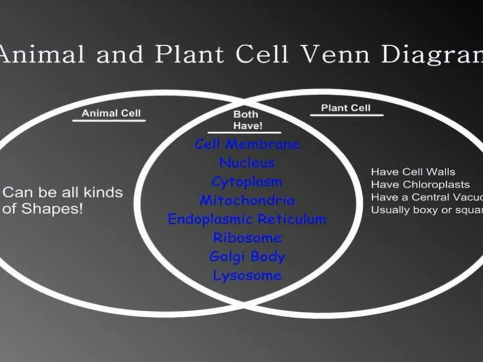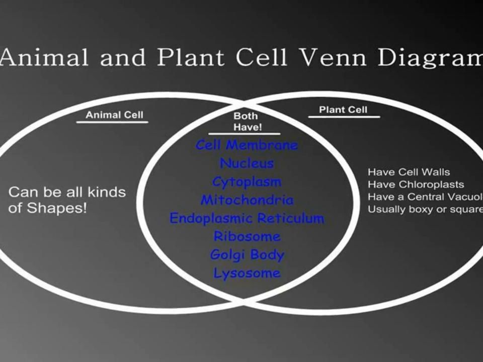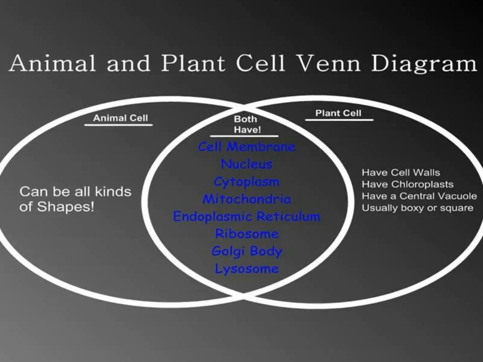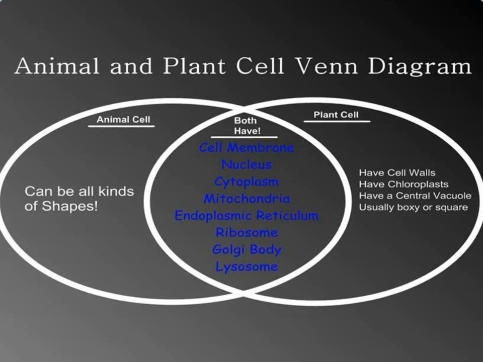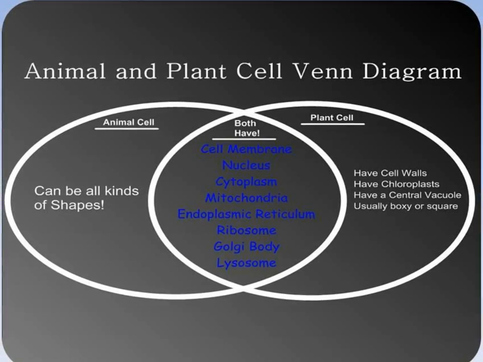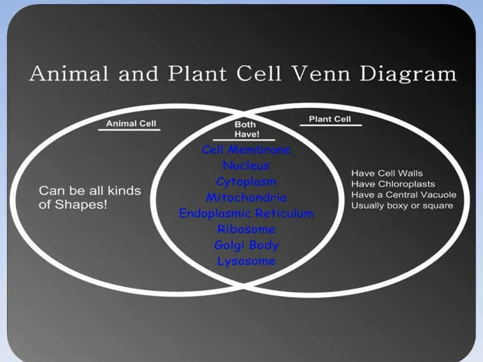As you can see from this Venn diagram, there are only a few differences between animal cells and plant cells. For the most part, these two cells share the same types of organelles as described in the center circle of the diagram. I hope that you have found this enhanced podcast informative and educational, and I look forward to you